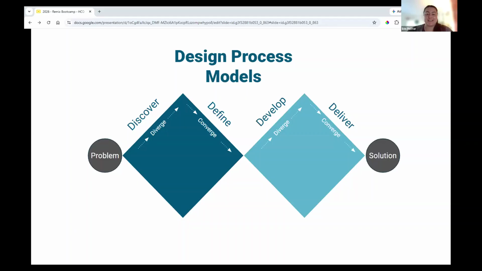So a lot of what I'm going to be talking about today is actually focused on that first diamond in the problem definition phase. And so what I would say is, if you're looking to take your solution forward, hopefully some of this is helpful for the future. As a lot of builders really want to jump into that second half, and human-centered design spends a lot of time kind of in that first half in the problem definition.